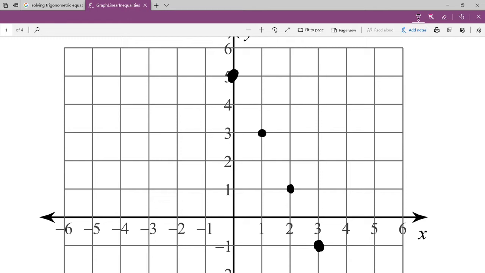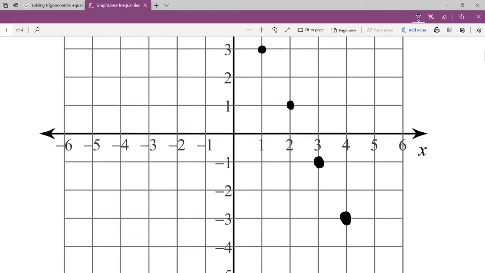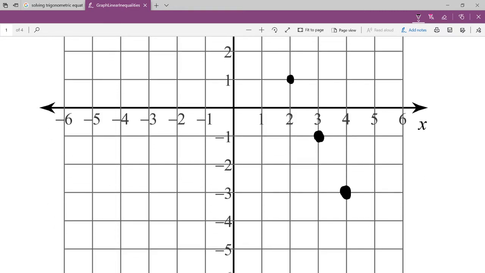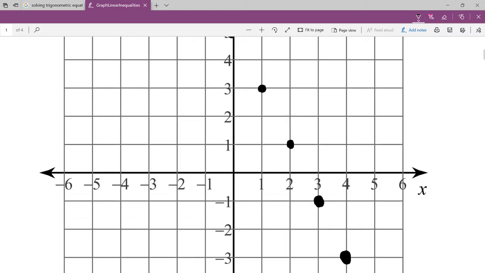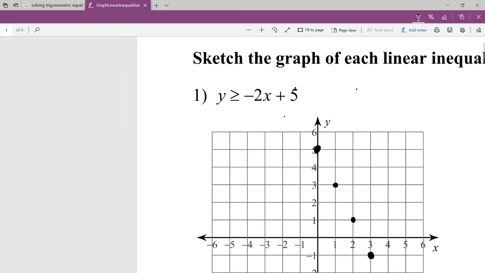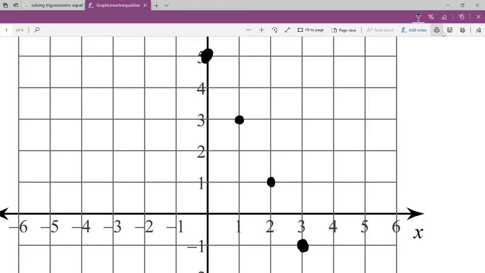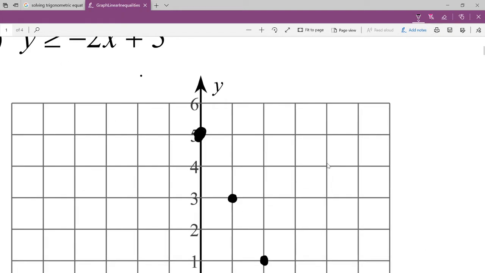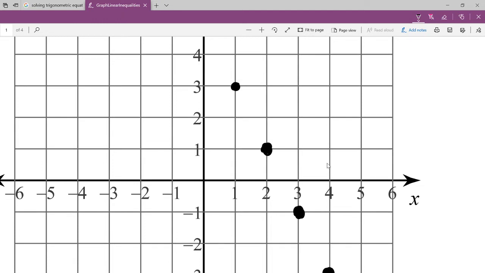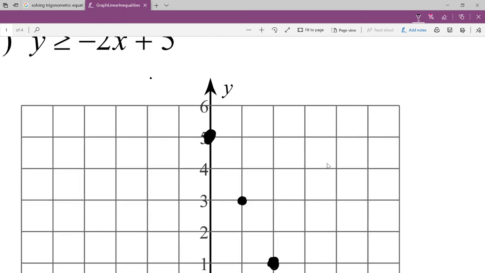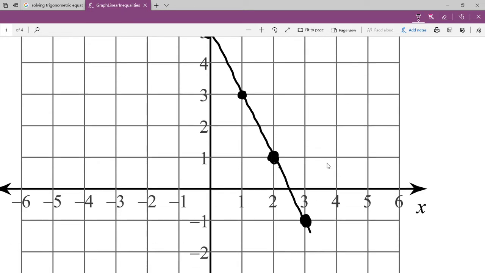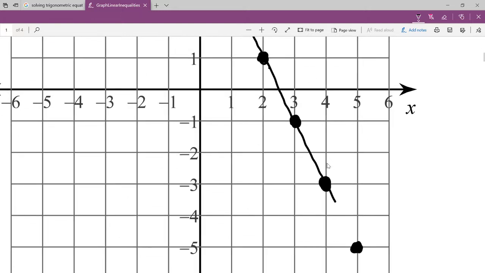Then, I'm not sure if there's a ruler in here, but you do this, and since it is greater than or equal to, you do a solid line. So you do this,